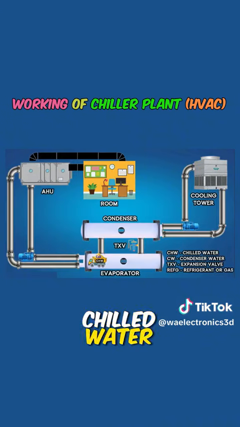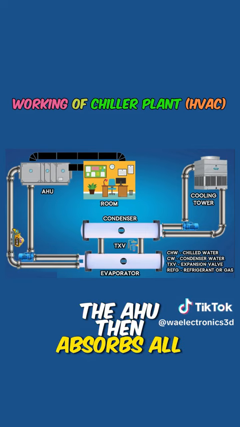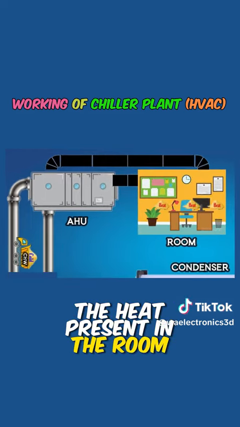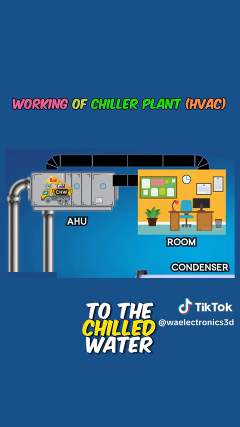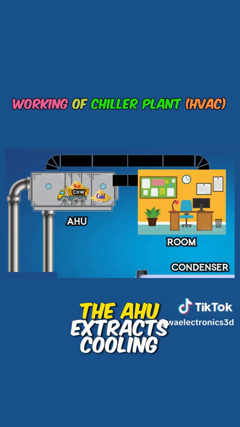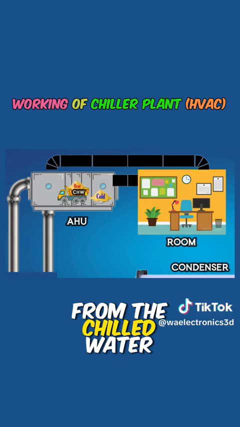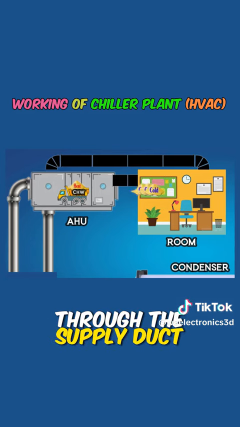water pump. Chilled water originating from the chiller's evaporator travels through the supply line to the AHU. The AHU then absorbs all the heat present in the room via the return duct. This heat is transferred to the chilled water coming from the evaporator. Subsequently, the AHU extracts cooling from the chilled water and disperses it back into the room through the supply duct,